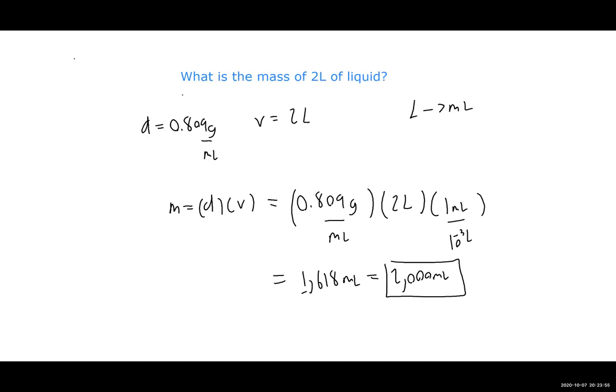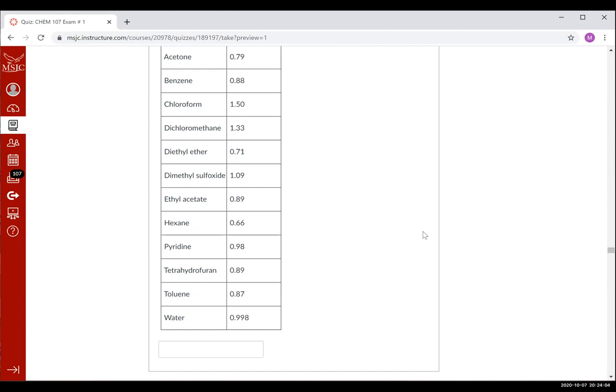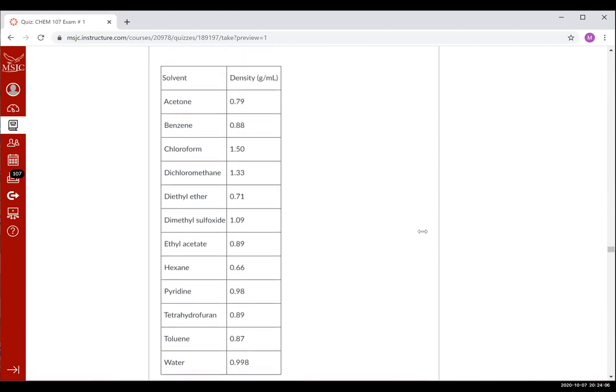So looking at the next part. Given the following table, we're asked to identify the unknown liquid. Given that our density is equal to 0.809 gram per mil, which sample has the closest density? Which sample is the closest match